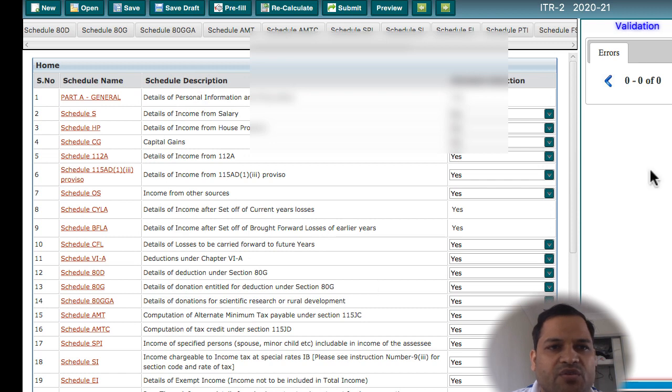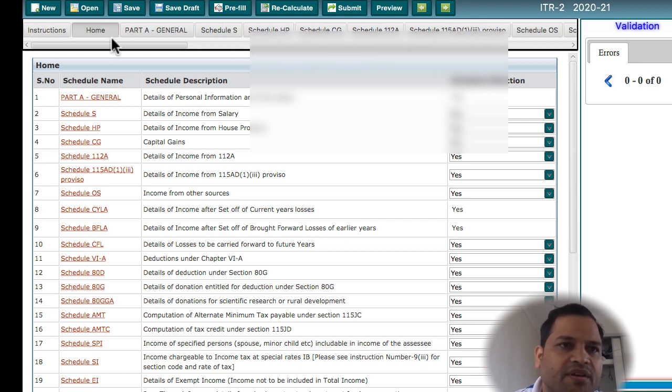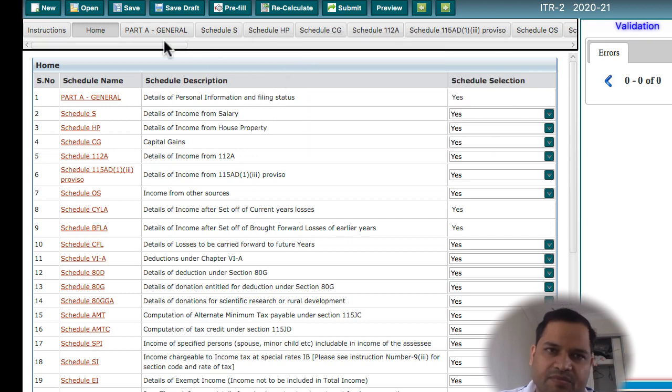For example, if the error is in the Part A general tab, it will tell you the error is there, and then you have to fix that error. Once it is done, you have to click on save, and then you can download or save that corrected XML file. Once that file is ready, you can now upload it. Make sure that errors are 0, otherwise you will get different errors when you are trying to upload it while filing the ITR.